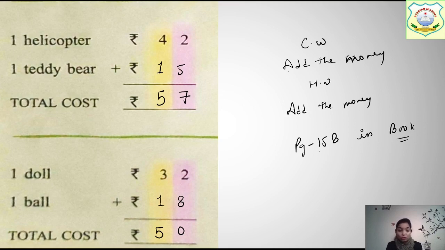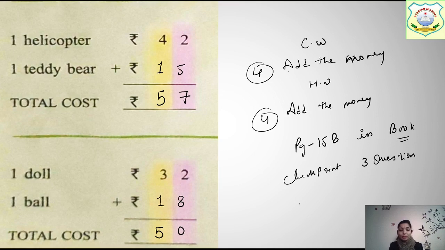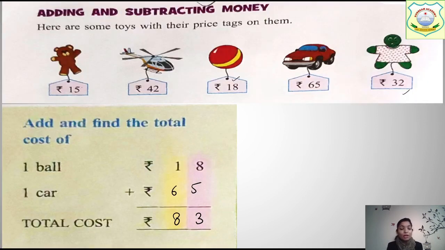Here also we have to do 3 questions of checkpoint. Yes, we are doing what? Checkpoint, 3 questions. Okay, 3 questions only. The next 3 questions we will be discussing while studying the subtraction. All right. So complete these 4 questions here, 4 questions here, and here we have done 3. So we have practiced this much. Okay. So complete everyone. In this way they can give you any such question, where price tags are given of any item and you have to add the money. You can do it. It's very easy, right? Okay.